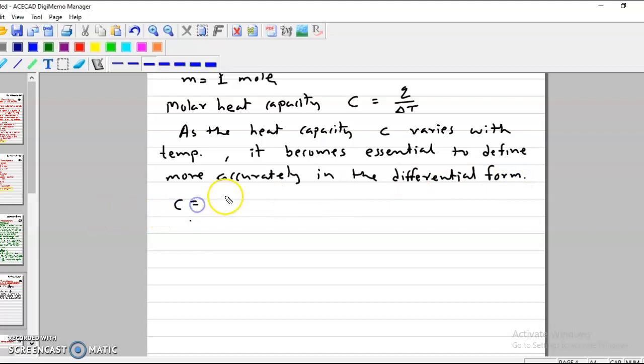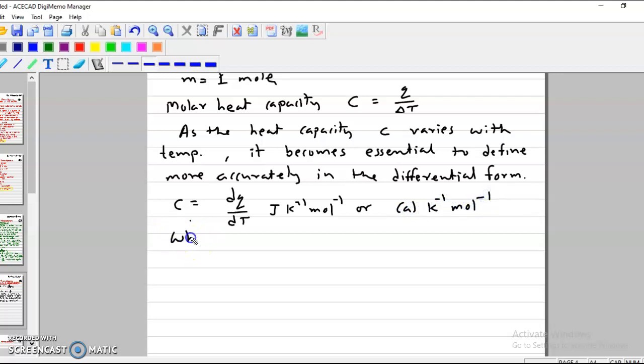So C is equal to dq by dT, and the unit may be joule per Kelvin per mole or calorie per Kelvin per mole,